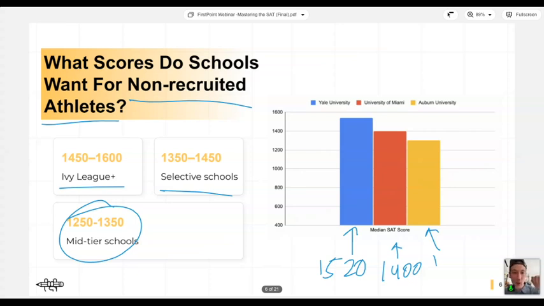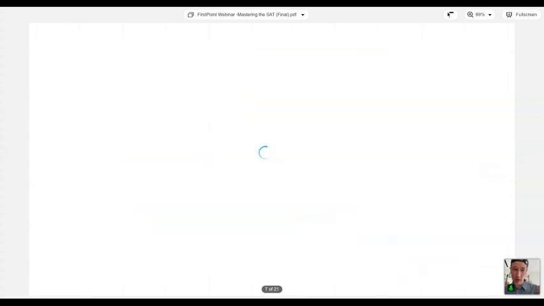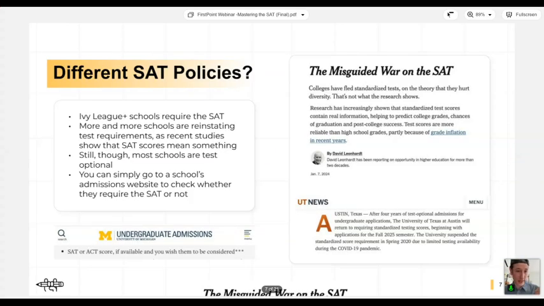Okay, great. So that's what schools are looking for from non-recruited athletes. It's also important to note that you don't have to submit SAT scores, which brings us to my next point: there are different SAT policies. There are many different SAT policies. So while the top schools